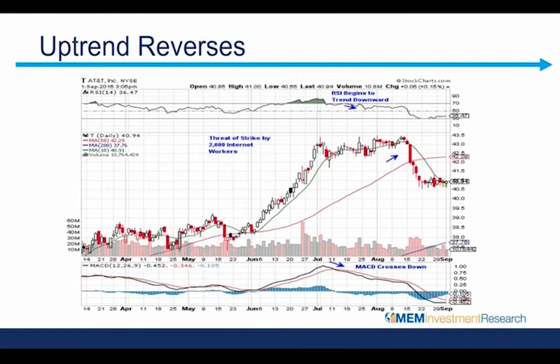So here we're looking at AT&T, and this is taking us back in time to 2016, from a year ago. The stock here is very much in a clear-cut uptrend. It breaks out of this base, and it does so on volume. We enter into an uptrend, but again, at some point, you will see a stalling action. Similar to the earlier stock, it has a back and fill, your RSI trends net down, your MACD trends down, and it's not always going to be, but in this case, it was a sign that the